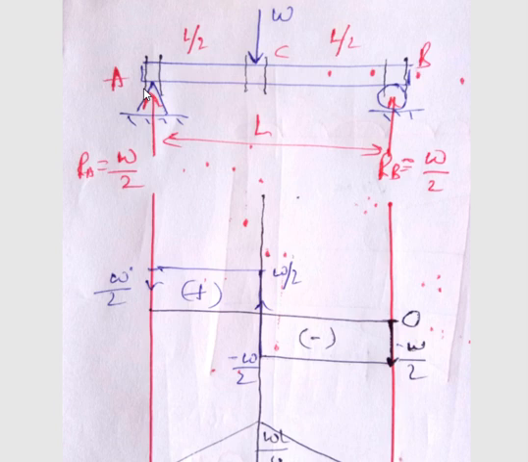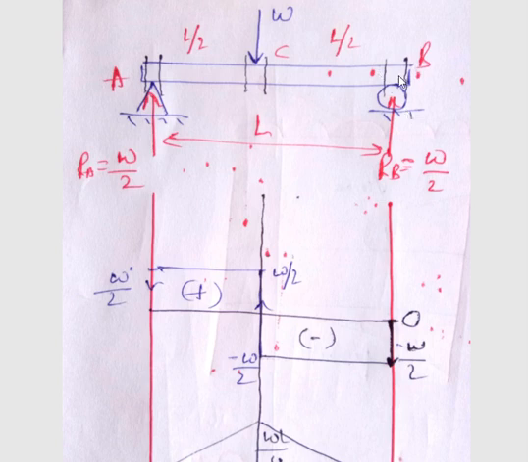Then for drawing the SFD, we are going to consider summation of all the forces. For example, if I want to consider this section, I am going to consider the summation of all the forces either to the right or to the left. I am comfortable going from right to left, so I am going to go from right to left. How to plot the SFD? First you need to know the sign convention. Only when you know the sign convention can you plot the graph very easily.